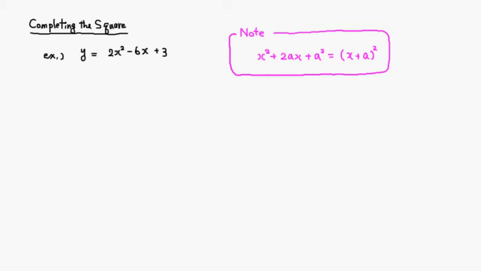Okay, let's look at an example for completing the square of a quadratic function. All right, so here's the quadratic function: y equals 2x squared minus 6x plus 3. So the first step is to factor out 2, which is the leading coefficient, from